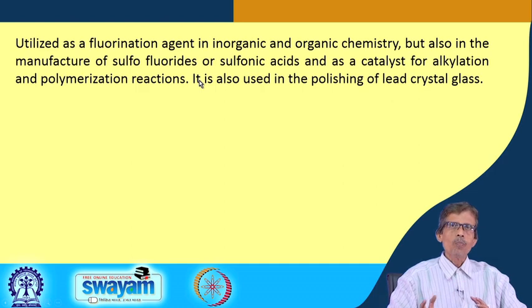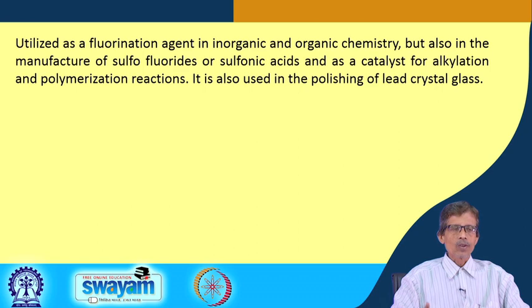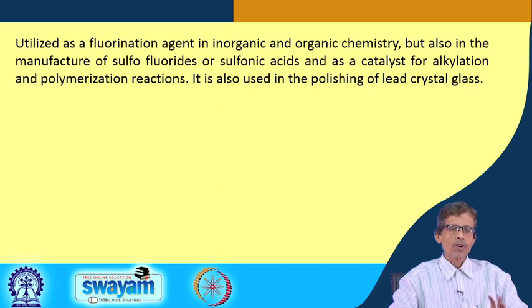some more complex sulfofluoride molecules or sulfonic acids you can have, and those sulfonic acids can also be prepared from your fluorosulfonic acid. And as a catalyst for alkylation and polymerization reactions, some very low concentration of this fluorosulfonic acid can also be utilized for alkylation reactions. That means, alkene can go for some alkylation reactions of polymerizations or some long chain organic molecule formation. So, these can also function as a good catalyst, not as your fluoroacetic acid or any other fluorine